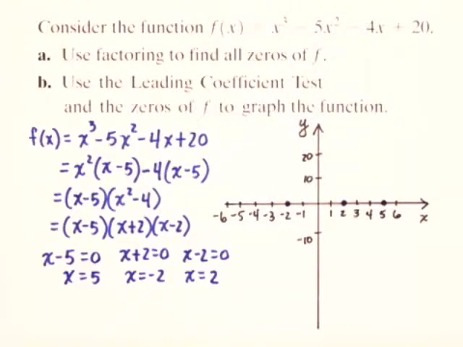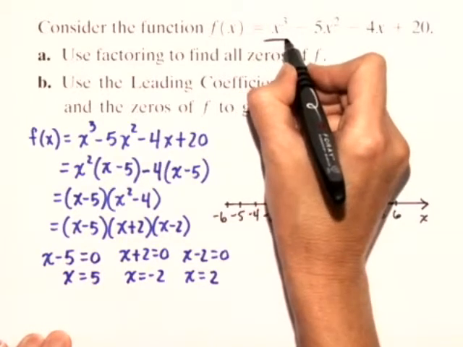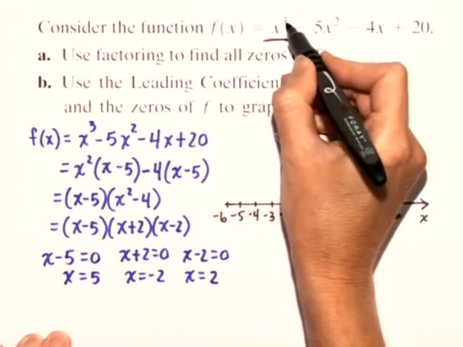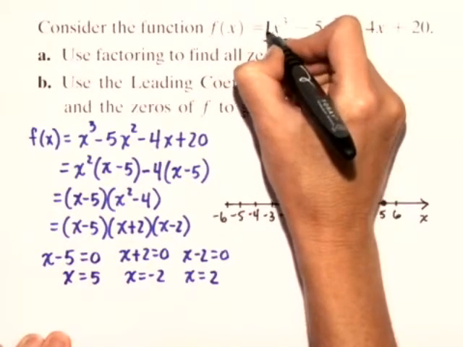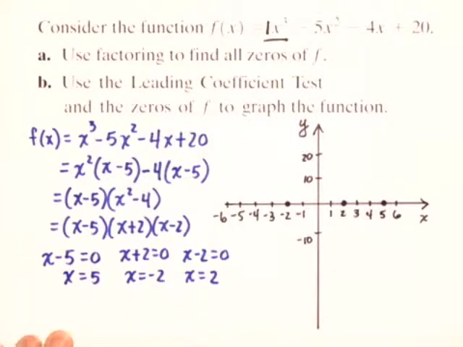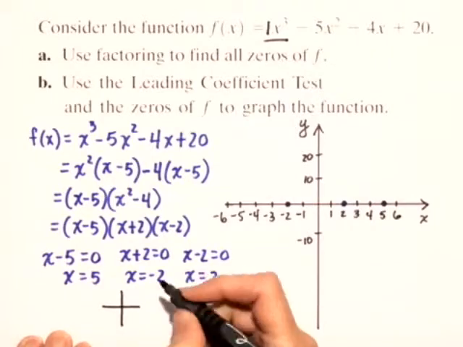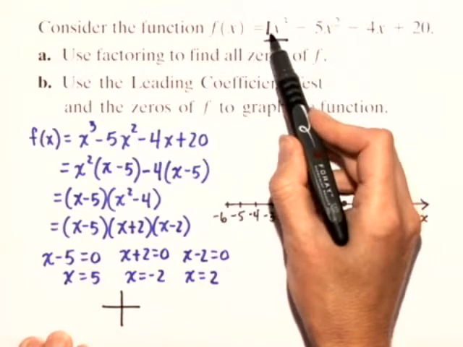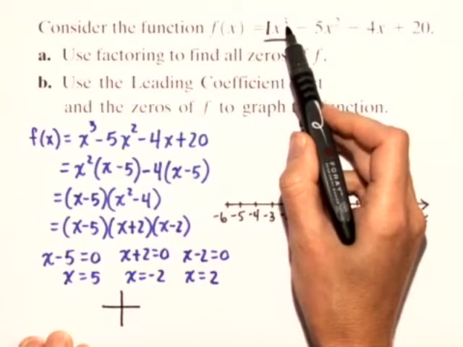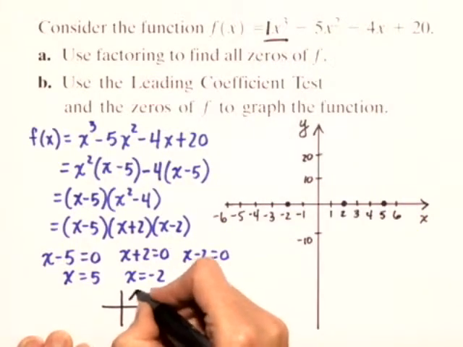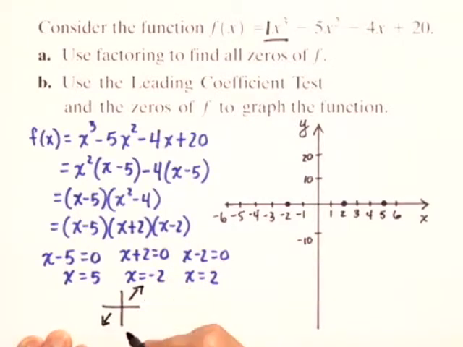So let's talk about the leading coefficient test. For the leading coefficient test, we simply look at our leading coefficient. In this case, it's x cubed. It's important to look not only at the exponent 3, but the leading coefficient 1. So, we want to talk about the end behavior of this function. Whenever we have a leading coefficient that is positive and the exponent is odd, that means our end behavior will go up to the right and down to the left. In other words, this curve rises to the right and it falls to the left.